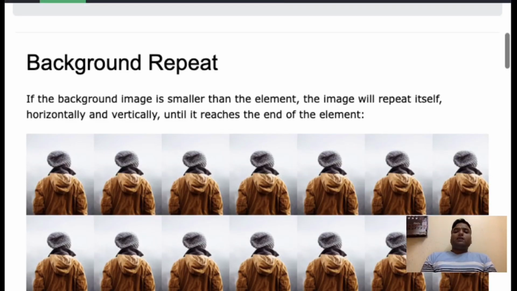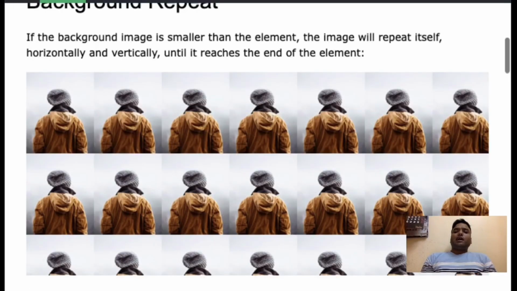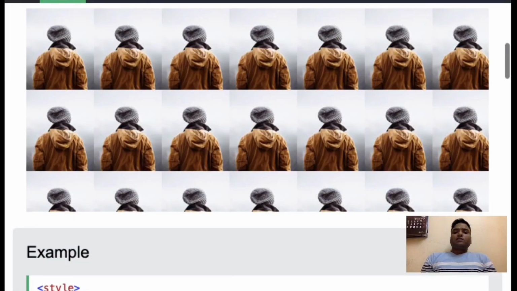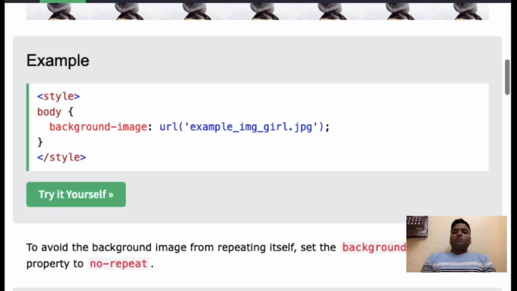If you write background repeat, and the image is smaller than the element, it will repeat itself horizontally and vertically until it reaches the end of the element.